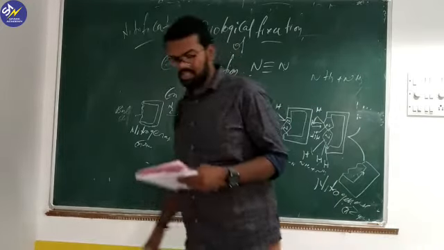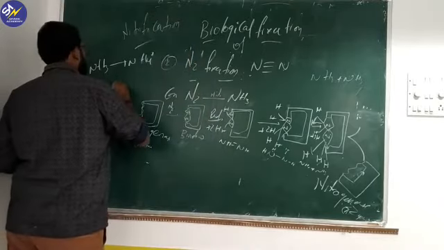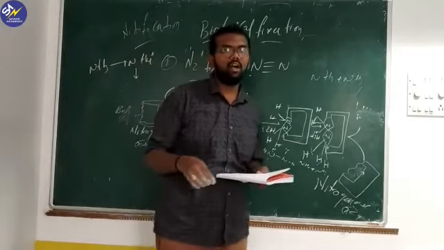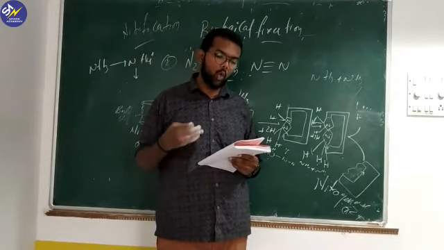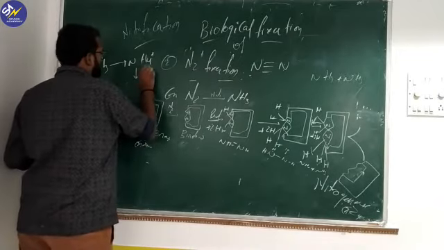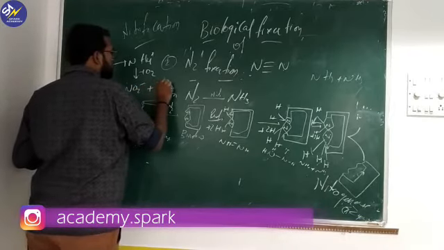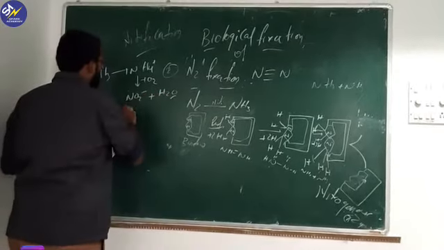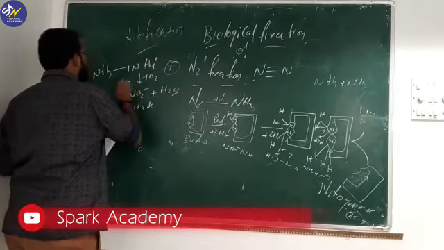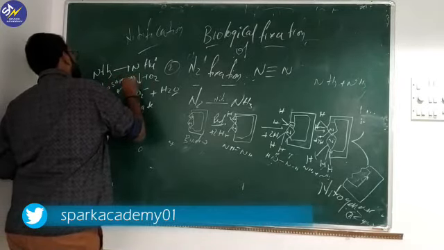So what is nitrification? NH3 will be converted to NH4 plus ions. Nitrification will take place by bacteria called Nitrosomonas and Nitrococcus. NH4 plus will react with oxygen and form NO2 minus plus H2O. This is called nitrite, and it is water. This was carried out with the help of Nitrosomonas and